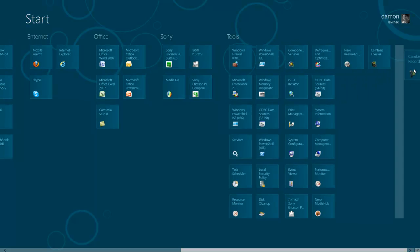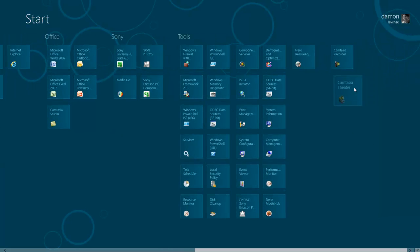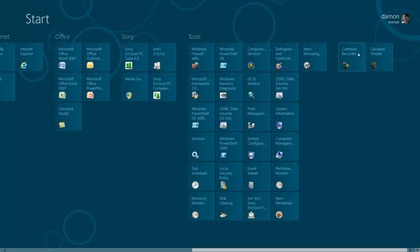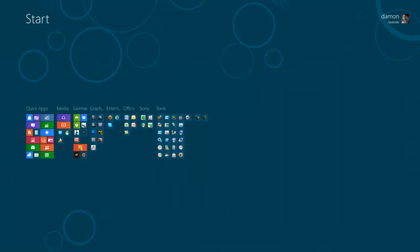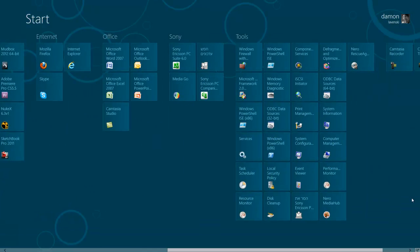I want to start a new category for Cam Studio. Alright, so I can move them in and around, and I want to name it. So I go to your bottom right, there's a small icon over here, and basically it minimizes everything, so I could see all that's listed in my start menu. And again, right click, and then I get, sorry, not right click,